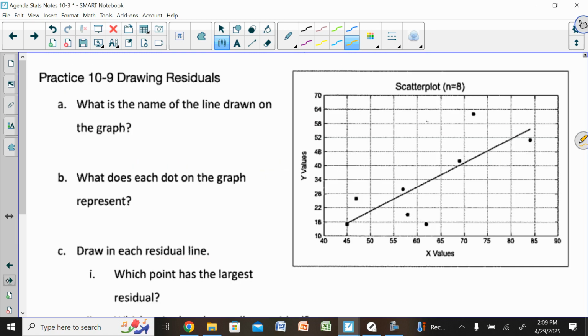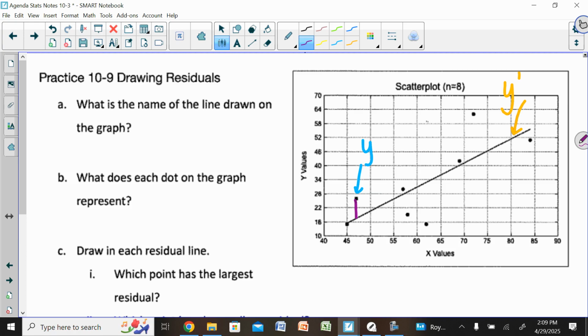Drawing residuals, I've got my scatter plot over here with just x values, and my regression line drawn in, so this is my y prime line, but this is an actual y point. So a residual is the vertical distance from my actual to my